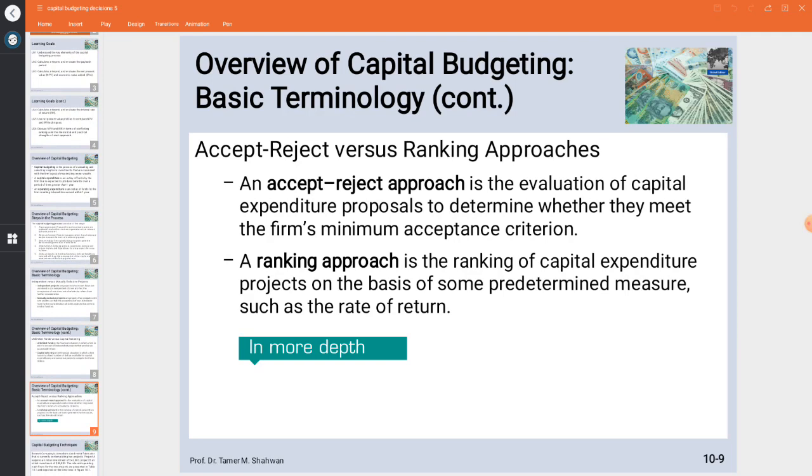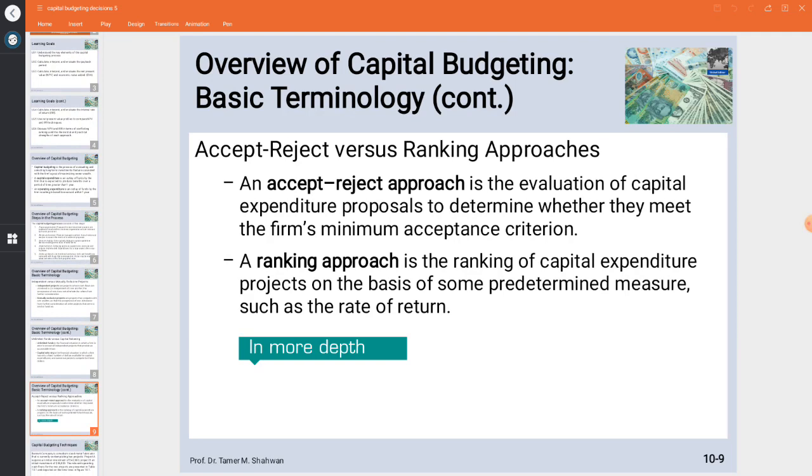Also in capital budgeting decisions, we have two approaches. The first one is called the accept-reject project approach, and the second is what we call the ranking approach. What is the basic difference between them? Accept-reject a project means that you have a specific criteria, and based on this criteria you are going to evaluate